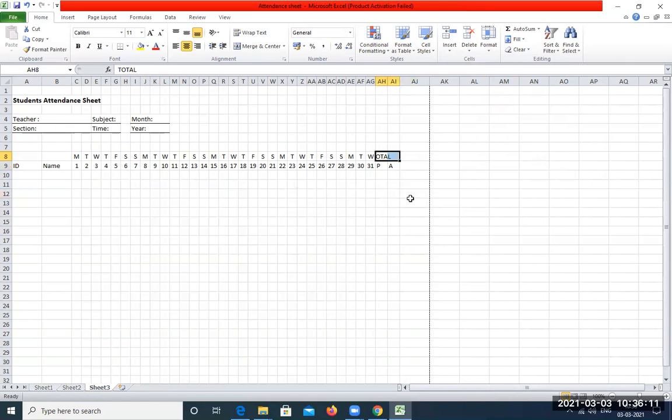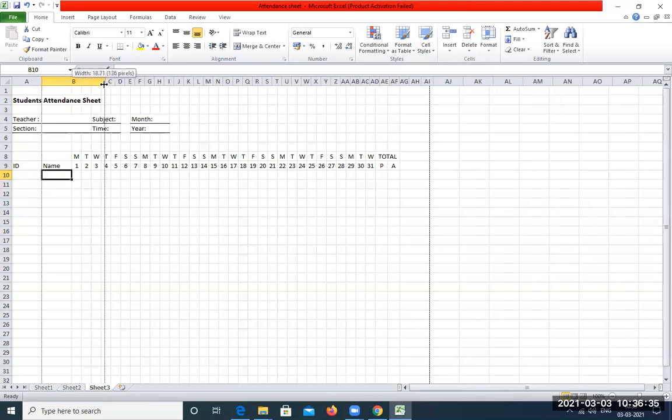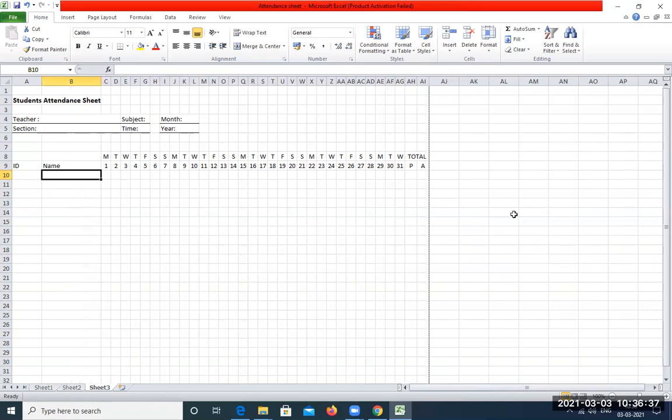So now here we are going to select this again because we need the total here. Click on merge and center. Also select these two cells and just apply center alignment. So we are done with this much. Next thing is for the name column. We need to increase the width because this much space would not be enough to write the student's name. So let us see, okay, this much is fine. And here, correctly towards the dotted line, we are also ending this present and absent.